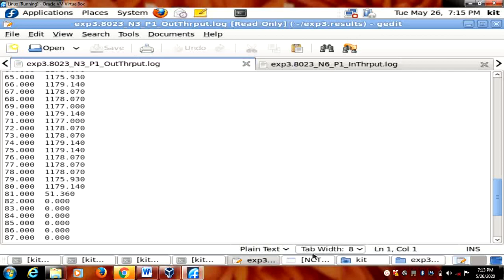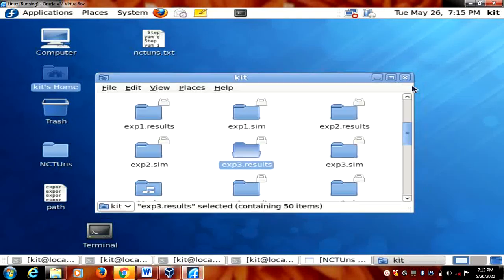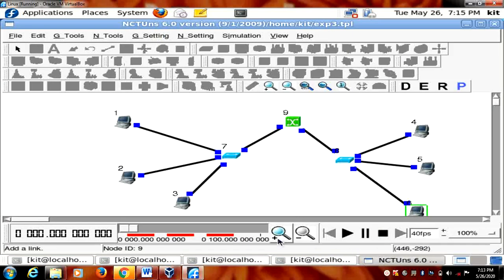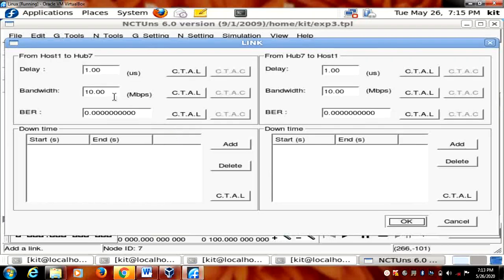Understood this one? Okay. Just close this file. It's not required. This is also incidence. Okay. After this, what I want to do is again I need to change the bandwidth. I showed you, right? So how? Just click on it and change the bandwidth and also bit error rate. This is just changed to 8 and the bit error rate should be 50. Otherwise it won't change. 1 2 3 4 5 zeros followed by 1.